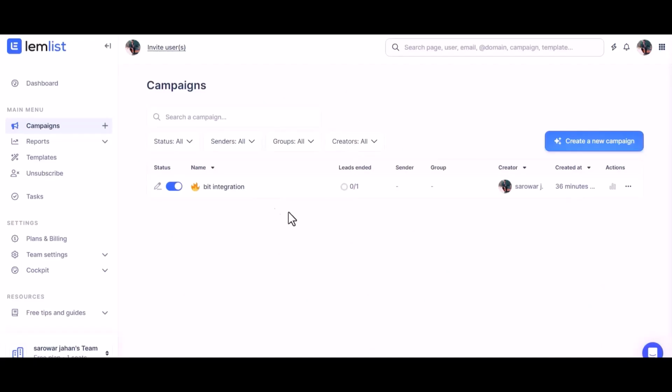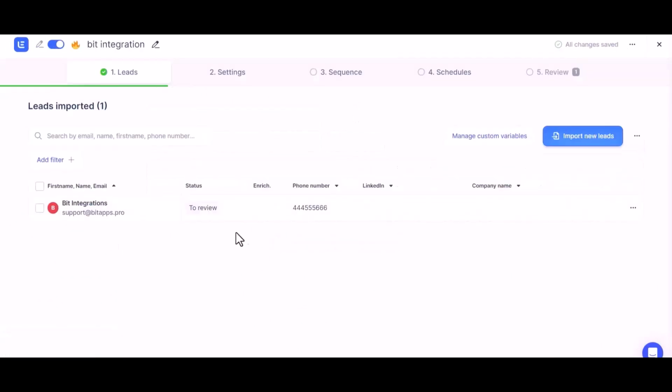Now go to the Lemlist site. Bit Integration. And you can see the data came